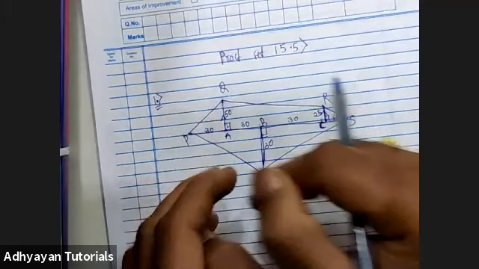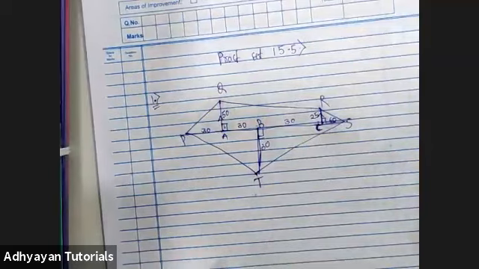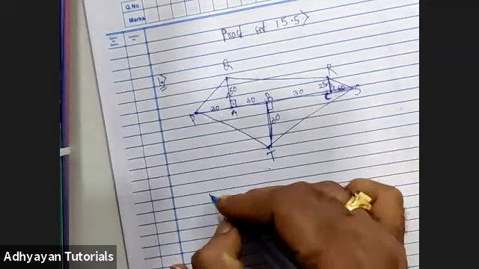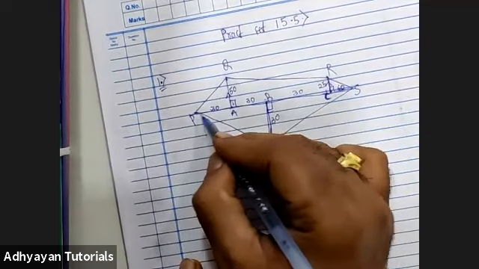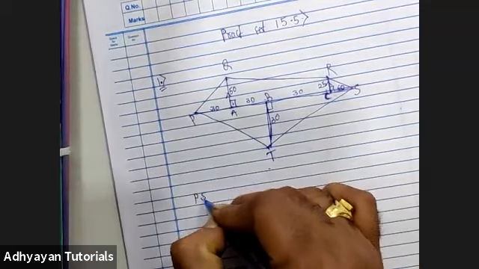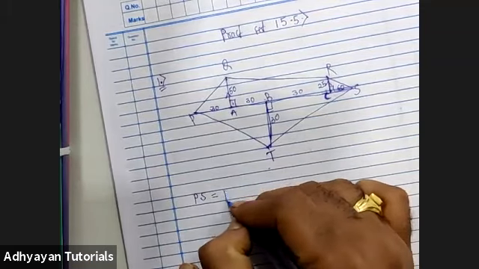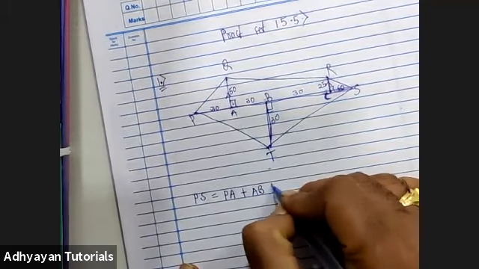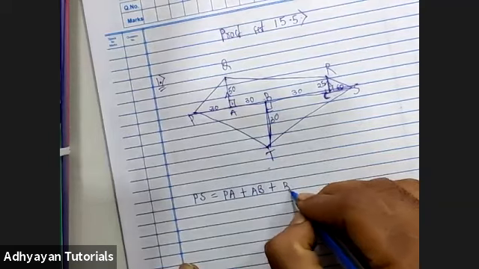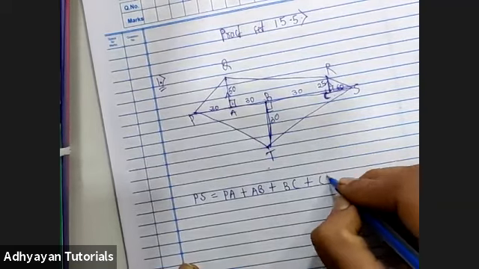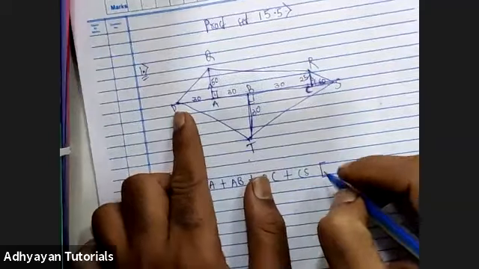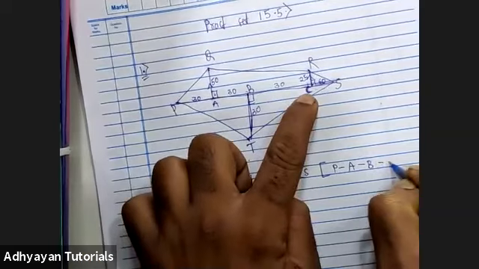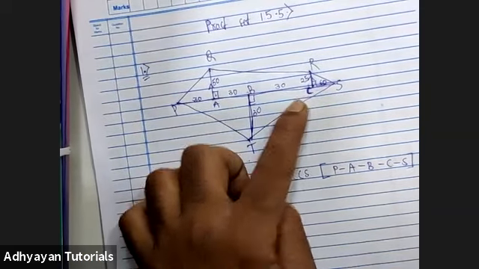So I'll just do the addition part first, and then we'll talk about the areas of each and individual figure, right? So let's say I start with the bigger segment, which is PS. So I write PS is equal to PA plus AB plus BC plus CS, right? The reason for that, children, is betweenness. मतलब P dash A dash B, उसके बाद कौन है C, and at the end S, right?